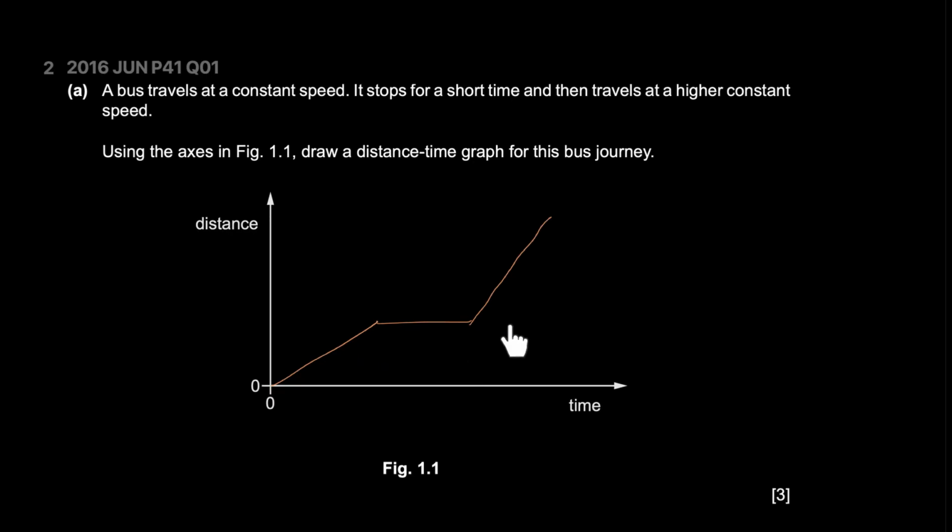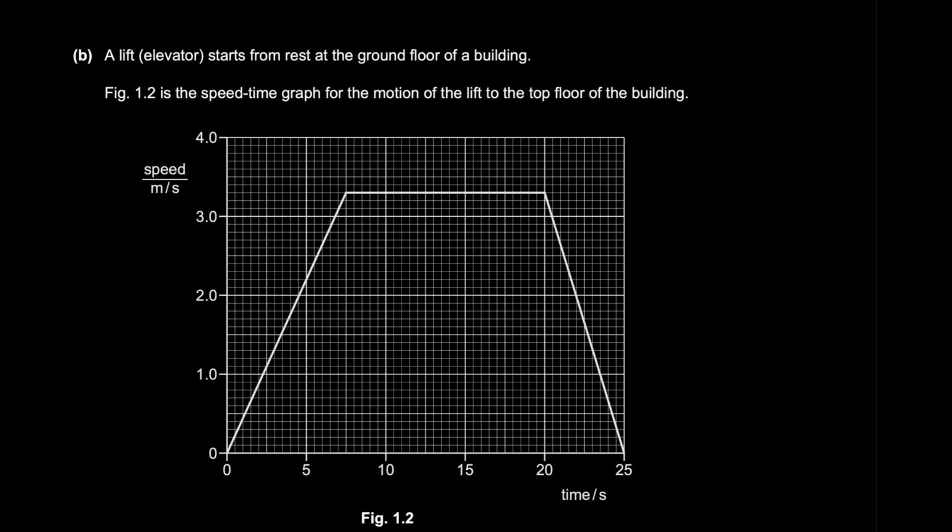So yeah, and I hope you understand the gradient of a distance time graph is its rate of change, which is velocity or speed. You see it's lower here, it's higher here. Let's move on. A lift